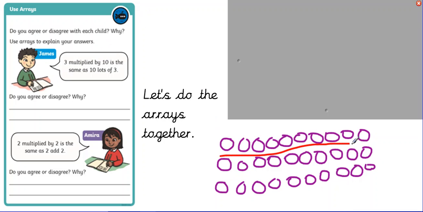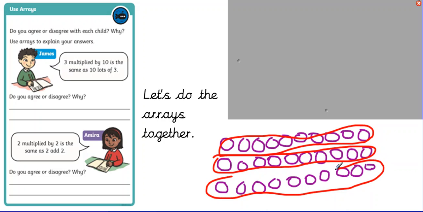So we'll do our groups. Oops, that's 1 lot of 10. That's 2 lots of 10. And that's 3 lots of 10. Okay, we want to know if that's the same as 10 lots of 3. Okay, so we're saying 3 times 10 equals 10